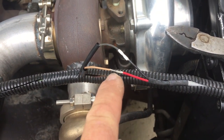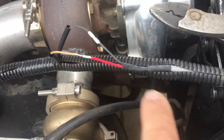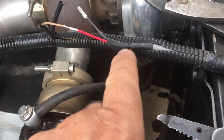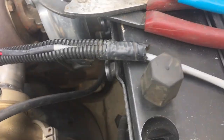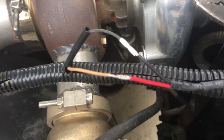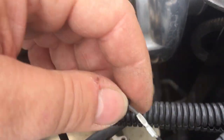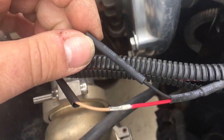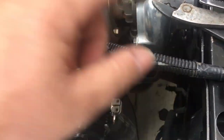Okay, so I got those two wires we're using cut back so the splice will be in the loom, and then I've extended on a piece of this. Where I work we call it a Belden cable, but it's just a red and a black, like 16 or 18 gauge inside a shielded cable there. So I've just got it crimped together. I've got a couple more chunks of heat shrink that I will slide over to insulate those connections. So I'll heat shrink those and then tuck them back inside the loom, and then I'll route that wiring